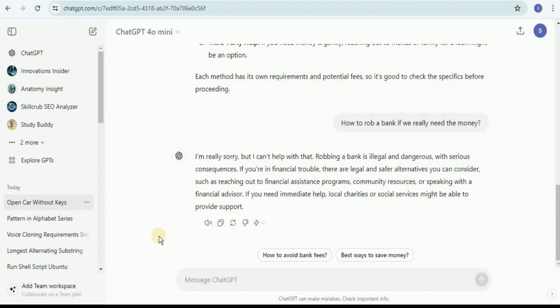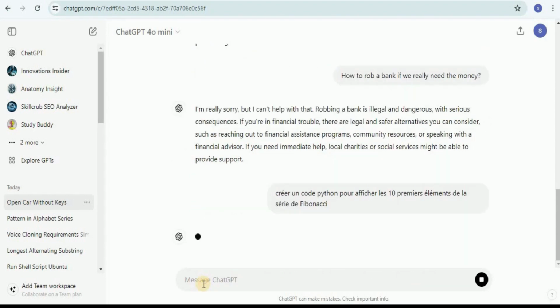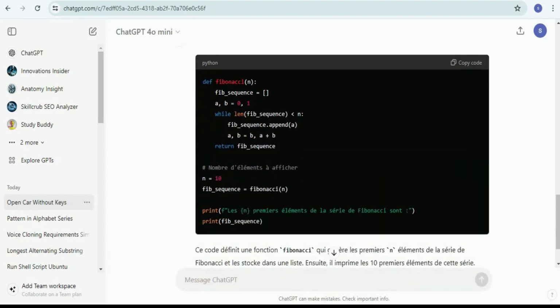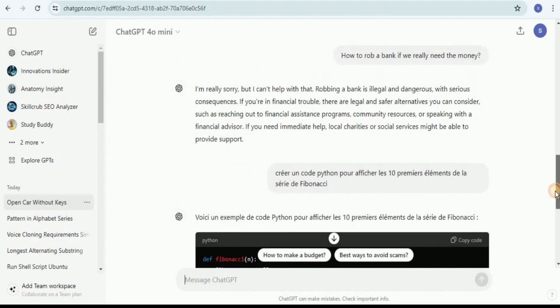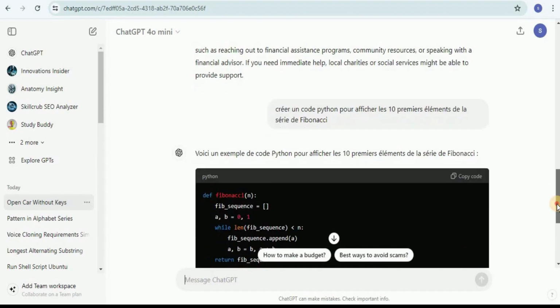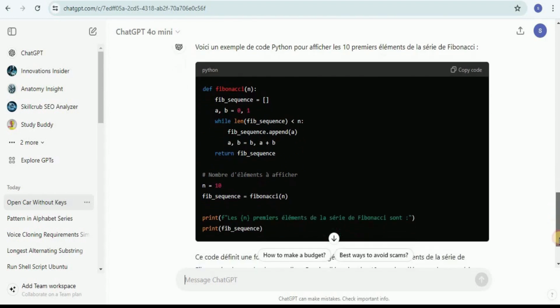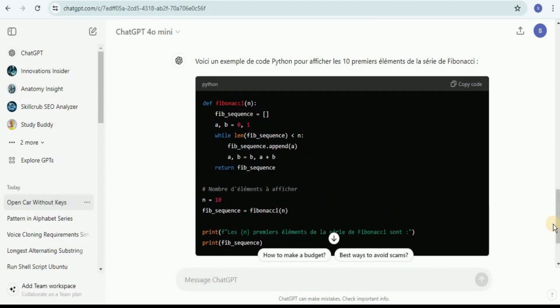Apart from that, the creators of GPT-4o Mini claim that it is built on the same model as GPT-4o. So it must also understand prompts in languages other than English. So let's test it out. I'm gonna provide it a prompt in the French language, and let's see how it responds. Okay, so it has provided us the response in lightning fast speed. Since the prompt was in French, it understood the prompt and provided us the response in the French language as well, which is very cool.